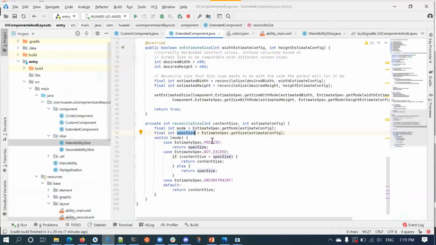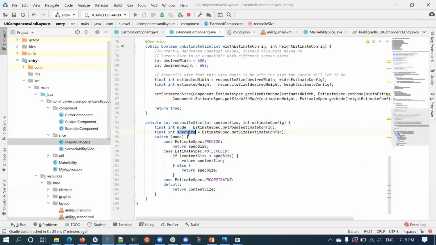You see here, when it is precise, whatever size the parent has passed, I am using that size. Suppose the mode is not exceed, in case of match content, I will see if my content size is less than the parent passed size. If it is less, I will use 600, or else I will use whatever the parent has passed. If it is unconstrained or default, I will use my own size, which is 600.